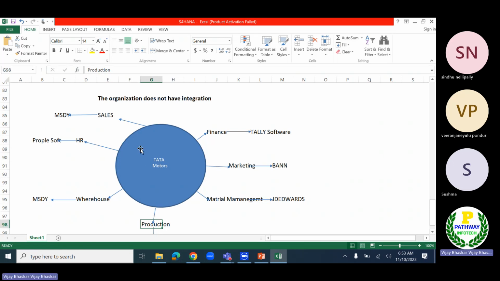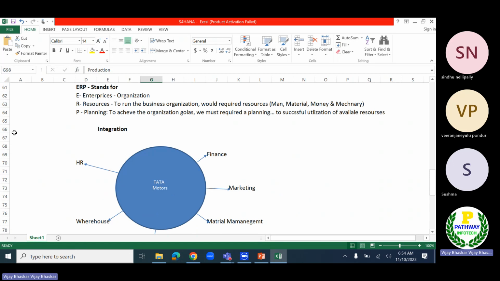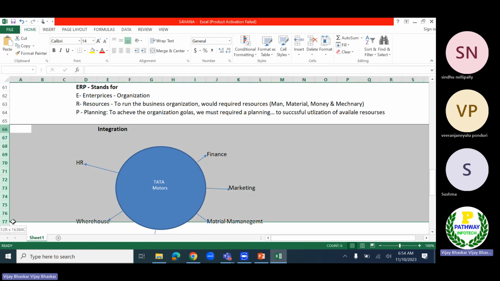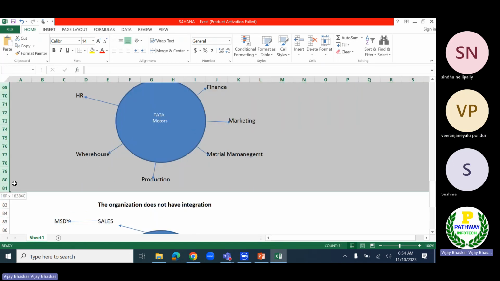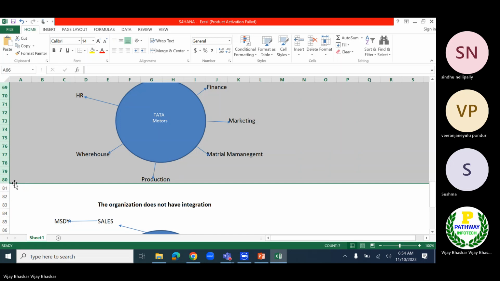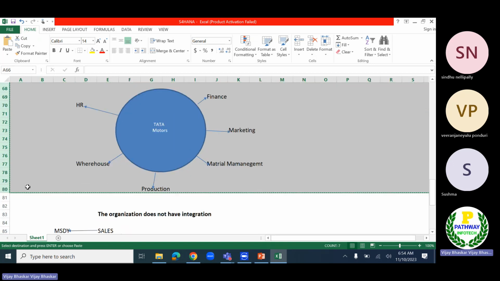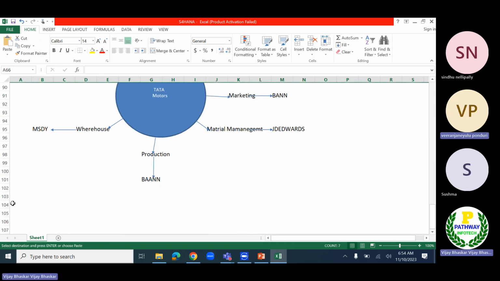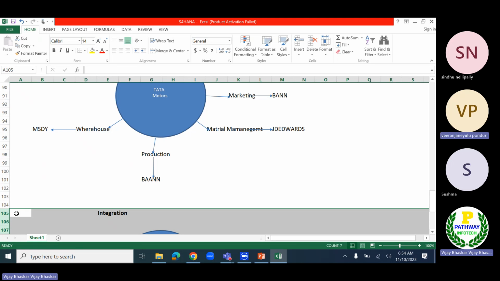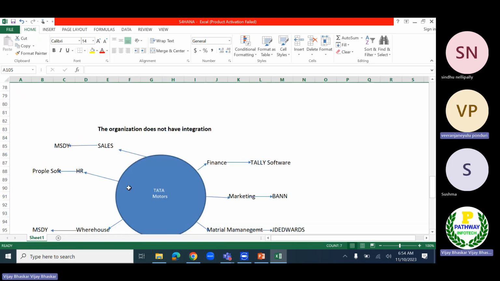Now I'll take the same example here. I will remove this one because again we need to write that one. An example here, where we do have the integration. So now the above.